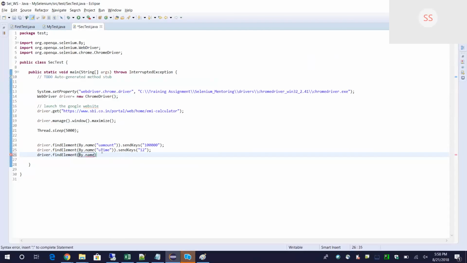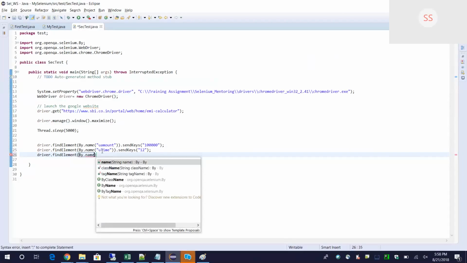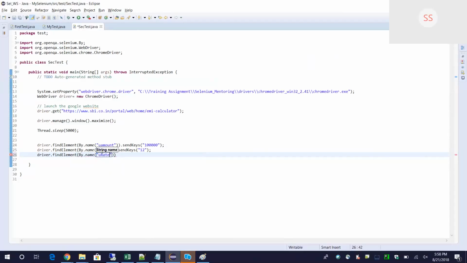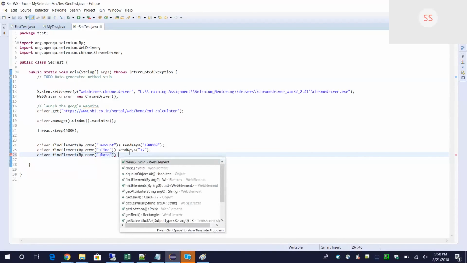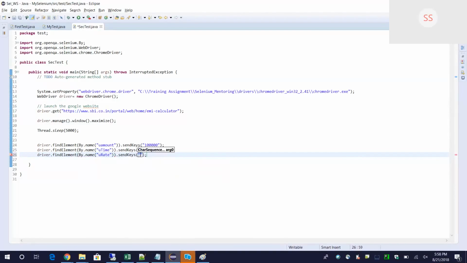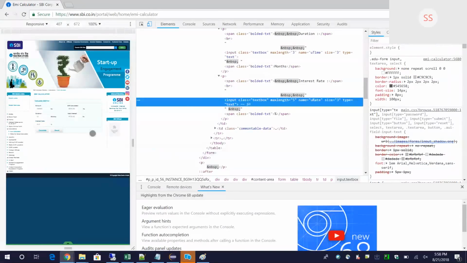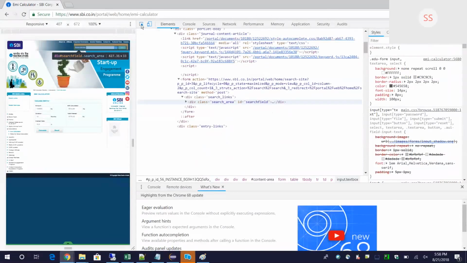So again, we are going to use name, and I'll pass u rate dot send keys and pass the interest rate. Okay. After everything is done, then click on calculate button. So now let us use calculate using the hand